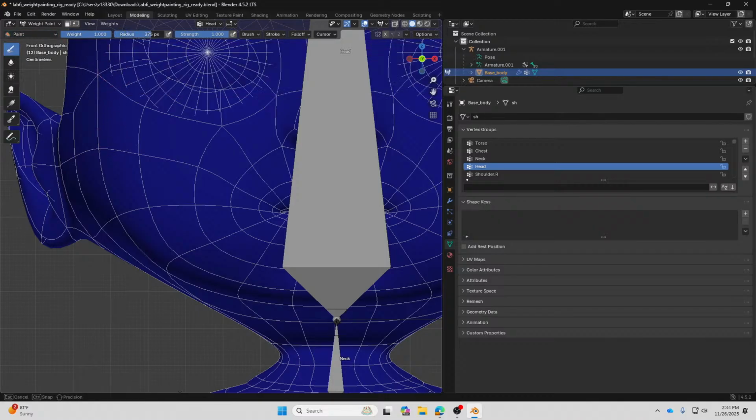You can increase the radius, and the weight here is actually the colors. A weight of 1 corresponds to what color, guys? Red color. And a weight of 0 corresponds to blue.